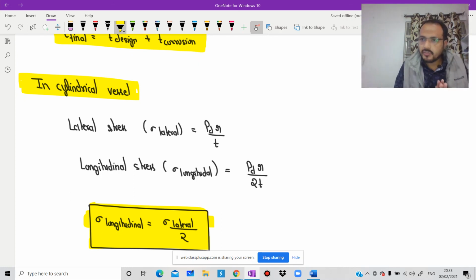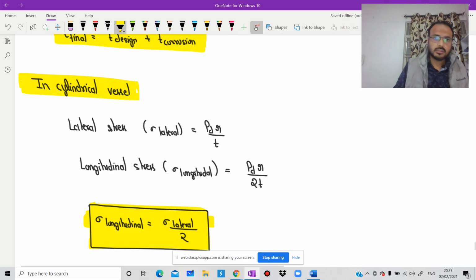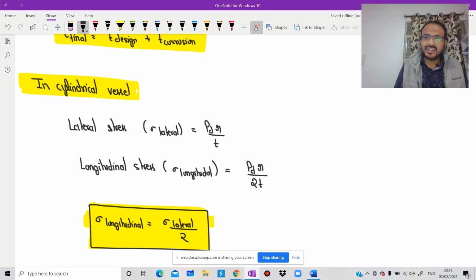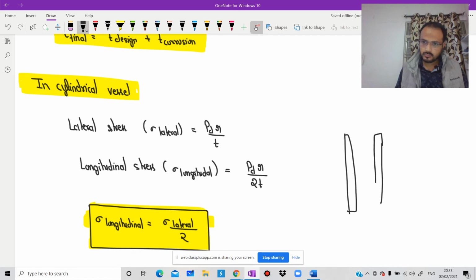In such a manner, we covered this one. At that time, so many students asked, sir, why T design we will use in this direction only. These are the heads or closures. So you need additional thickness in this direction only, not this, because we will use head according to required pressure.